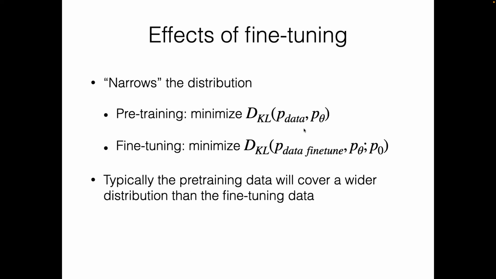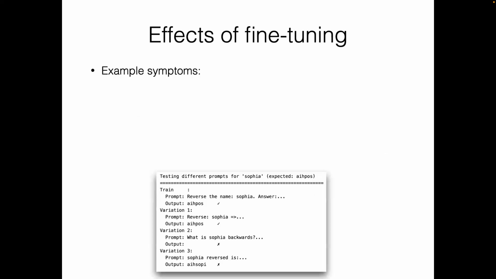We've talked about this idea in the course that when you use this loss function, it corresponds to fitting some data distribution. With fine-tuning, we're fitting the distribution that's in our fine-tuning data, and that's typically much more narrow than the huge pre-training corpus. It's a helpful intuition because you can think about some consequences of this. So, for example,